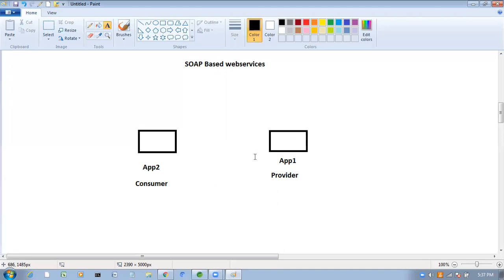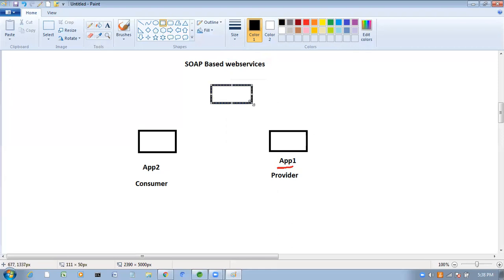Now tell me, how will application 1 provide the services to application 2? Very important: by using the WSDL file. WSDL means Web Services Description Language.